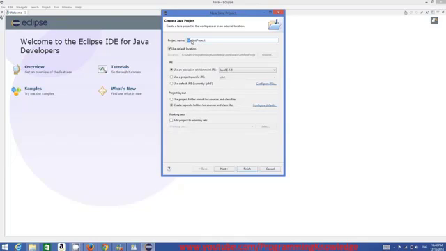So in MyFirstProject, M is capital, F is capital, P is capital, so it's called camel case. It's a convention to give names like this, and all things are okay. You can just click Next,